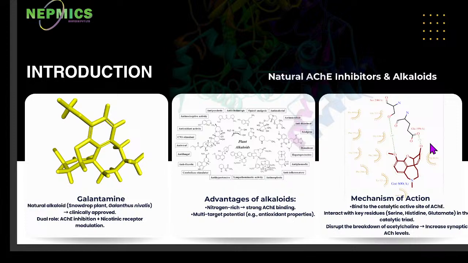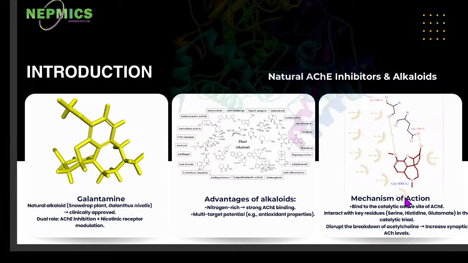And next, on the right-hand side, you can see the mechanism of action that I've already discussed, and let's focus on the catalytic triad. In the case of acetylcholinesterase, there are three amino acid residues: serine, histidine, and glutamate. When we design a drug, if we get some kind of innovation in at least one of them,